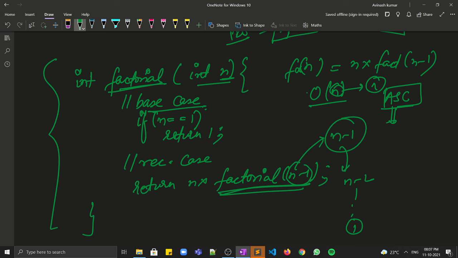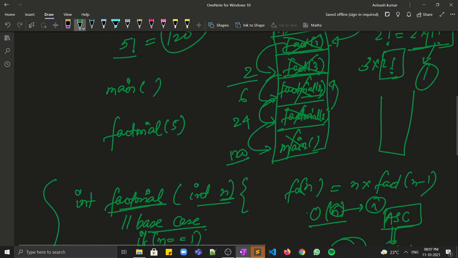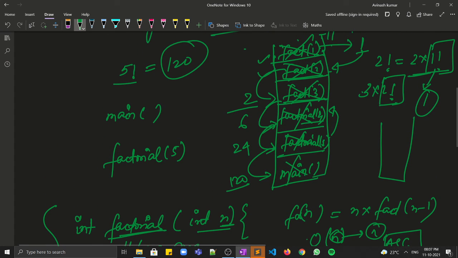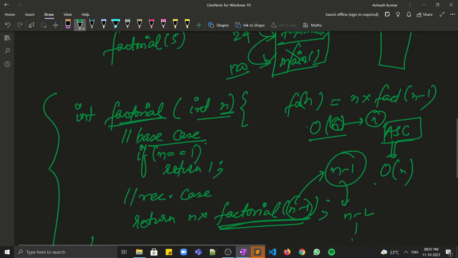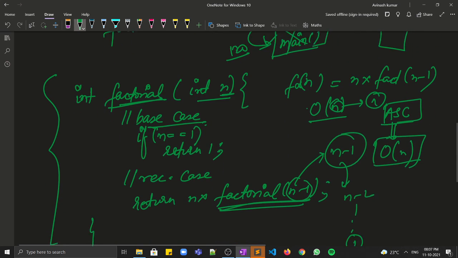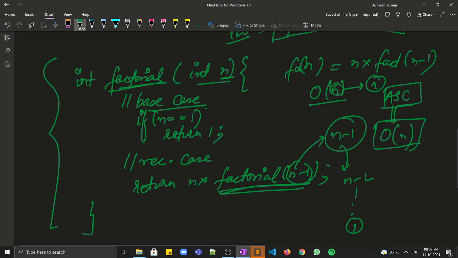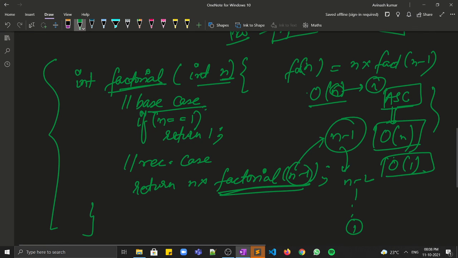Here the auxiliary space required will be order of n. Why? Because at max the call stack will contain all the function calls. The static space required for this problem is order of 1 only. So overall we can say the space complexity for this is order of n.